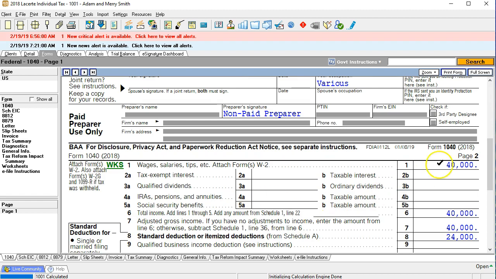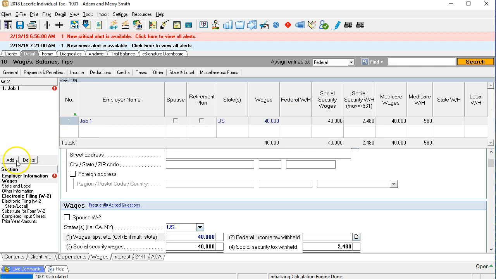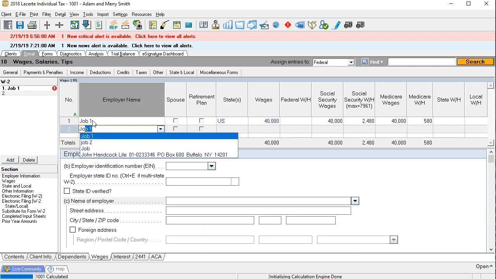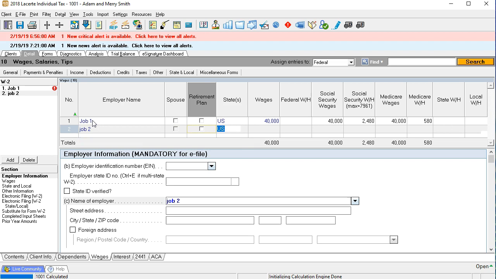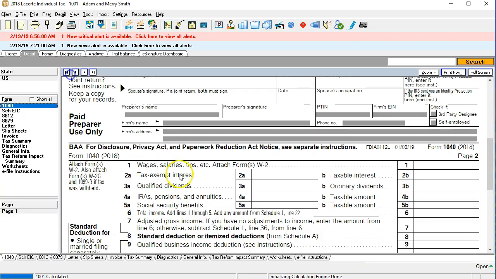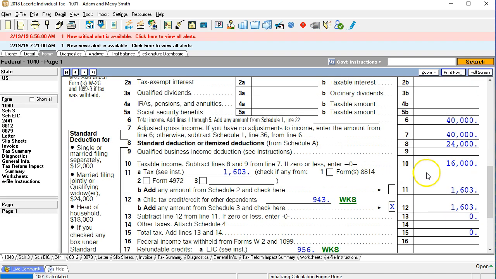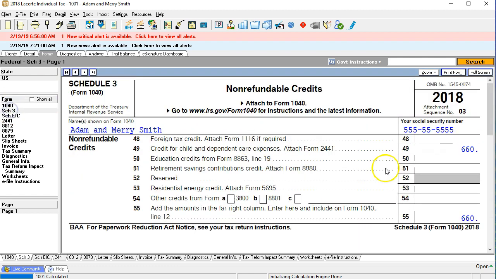So if you had this same 40,000 that was earned evenly by the two parents, we're going to say, all right, if we had one W-2, and it doesn't have to necessarily be even, but if we had 20,000 and 20,000, and we say that this is the spouse, so now we've got one W-2 applied to each, and both of them have earned income. So we'll say, all right, now we have both having earned income. It's the same 40,000 here, but now we're seeing the credit being calculated in Schedule 3, the 660, and in